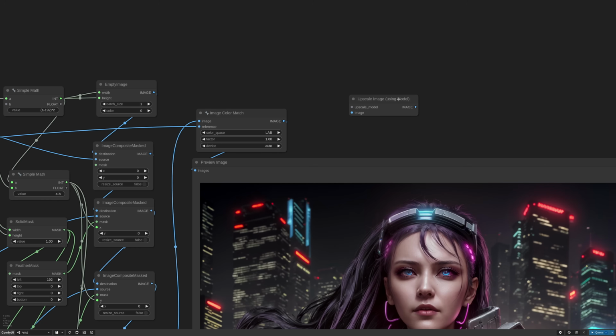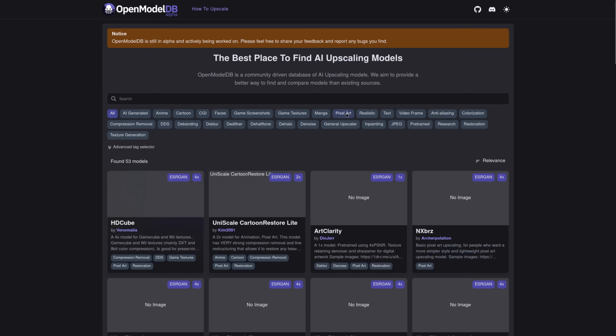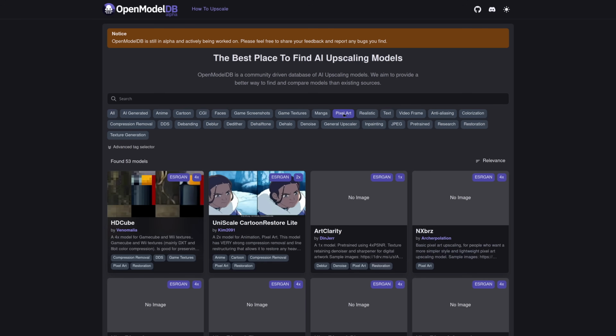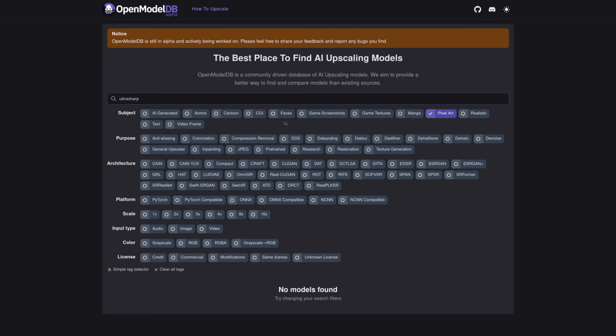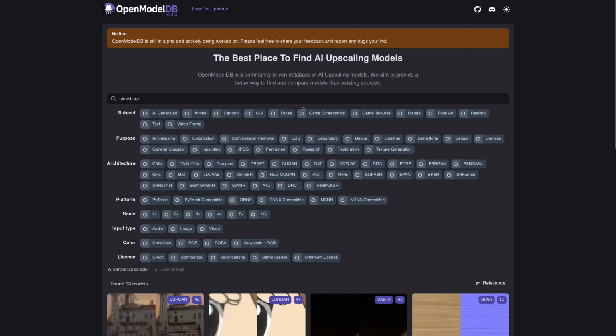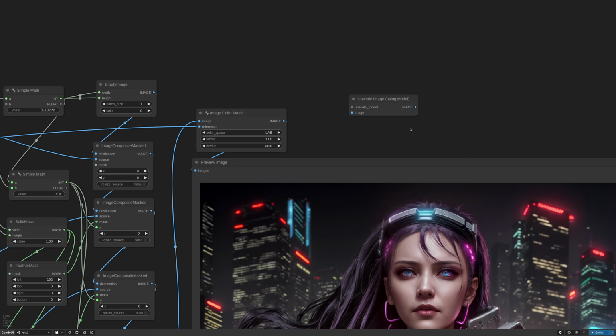There are hundreds of upscale models, and you can find most of them on openmodeldb.info. You can filter by what you want to upscale and also a lot of other parameters. For this image, I'm using Ultra Sharp. That is a good all-around performer. So I need to load the model, select Ultra Sharp, and then I'm scaling it down to 2K with an